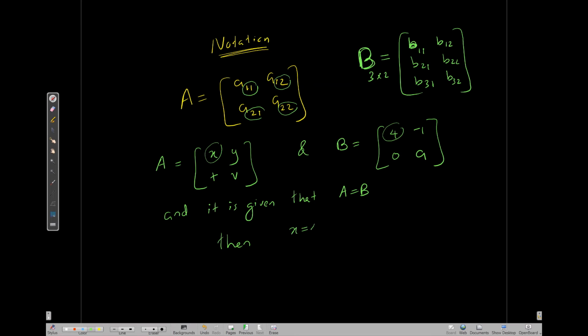X is 4, Y is -1, T is 0, and V is A. So two matrices are equal if and only if they have the same entries. Now it's time to do matrix addition